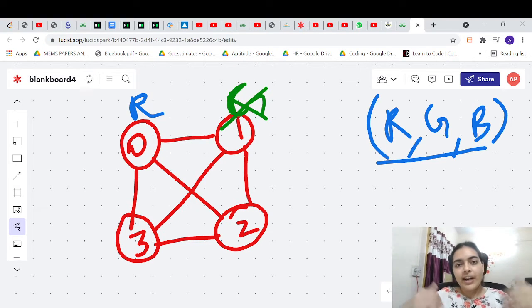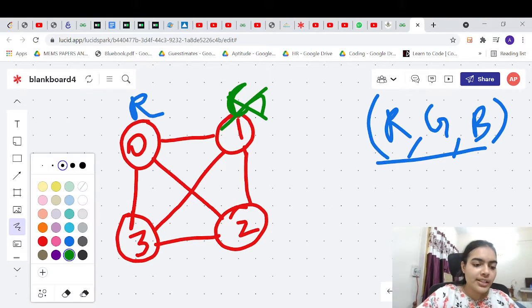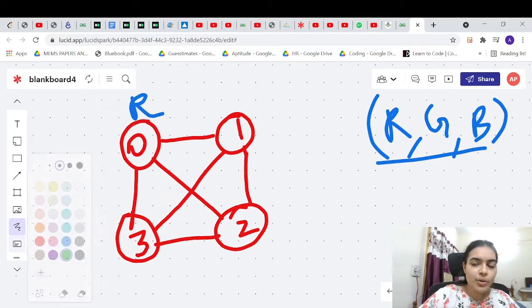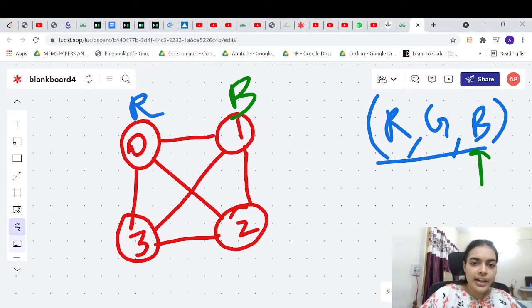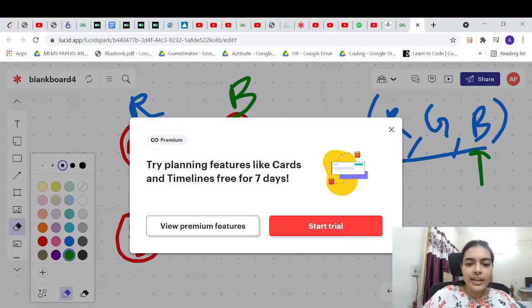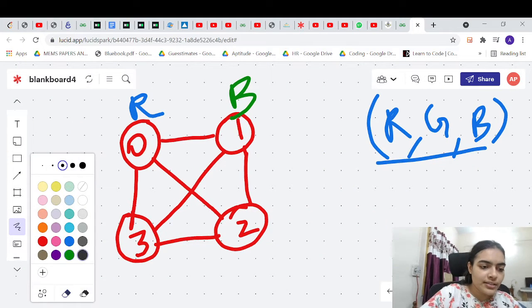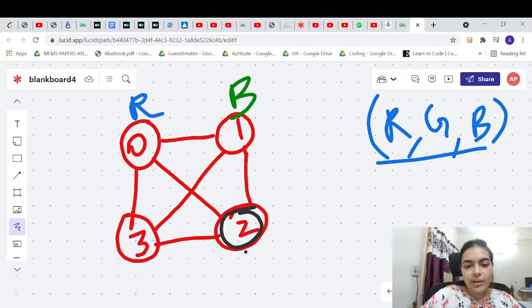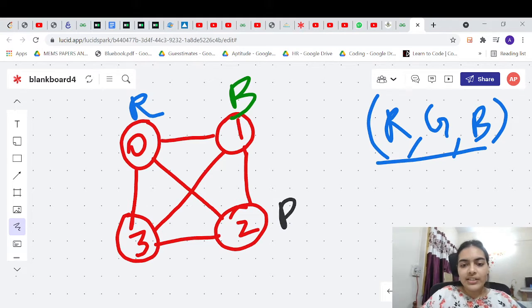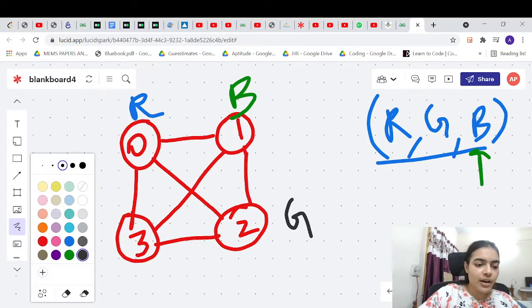Now we are backtracking, so we are moving back, and now since green was not valid, we'll try the next possible color, which is blue. So we'll try blue, it is okay. Then again we'll go on to the next possible moves. So again we'll come back to this node, and we'll start with red, which is not allowed. So then we'll try with green, which is allowed, right? Green is fine.